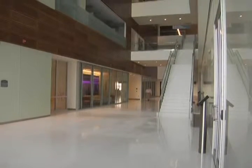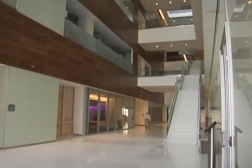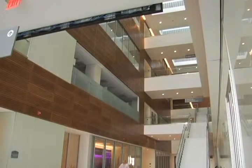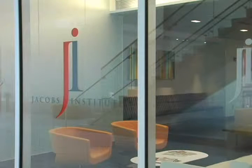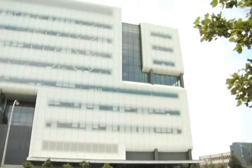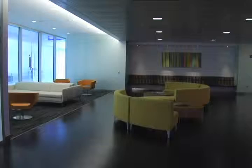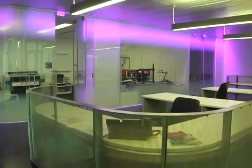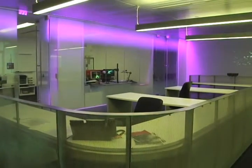Now, one of the advantages of having everything under one roof is that if a doctor has an idea, he can turn that idea into reality, right? That gets into the space we're in here called the Jacobs Institute. Everything below us is actually Gates Hospital. Everything above us is UB's Clinical Translational Research Center. Most of the doctors that teach at UB practice at Kaleida or vice versa. So as a surgeon is performing his duties downstairs in the hospital and he has an idea to do something differently, he can actually go upstairs to his lab and model the device he has in mind on a CAD